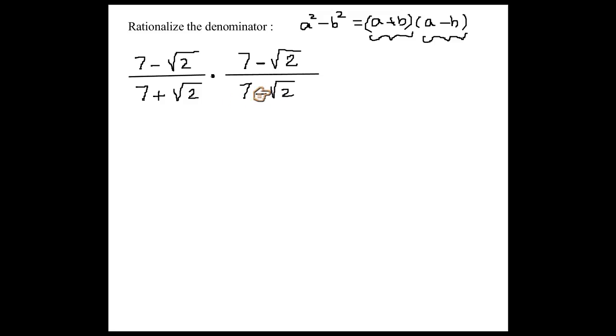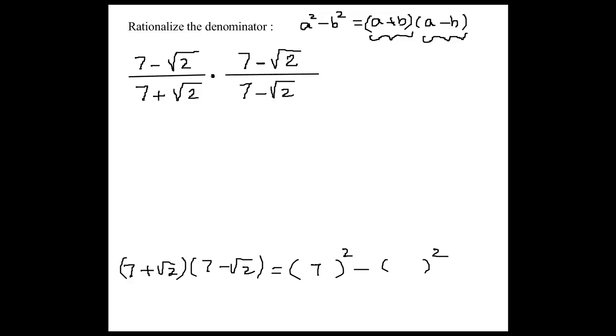Because every time you multiply a binomial by its conjugate, in this case, the result would be a difference of squares. So a squared minus b squared. Your a is 7, and your b is radical 2. And you could multiply this term by term, but at this point you should realize this is a difference of squares. So at this point here would be 7 squared, 49,